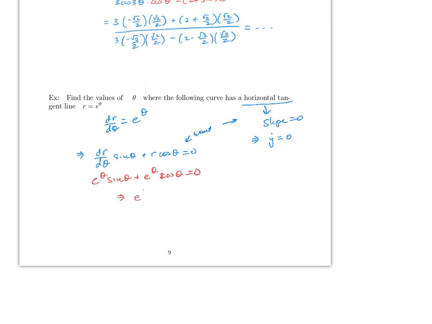So this means that e to the theta, you can factor it, or you can move it to the other side, but it's better to factor. It will be e to the theta times (sine theta minus cosine theta) equals 0. Notice that e to the theta equals 0 never happens. So that implies